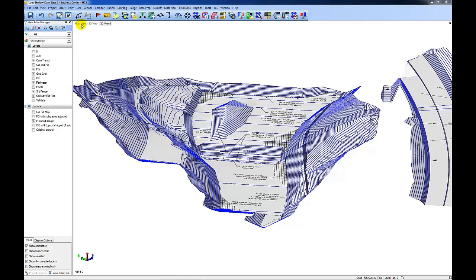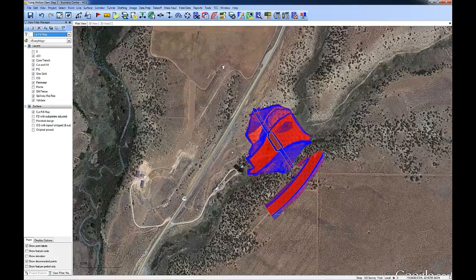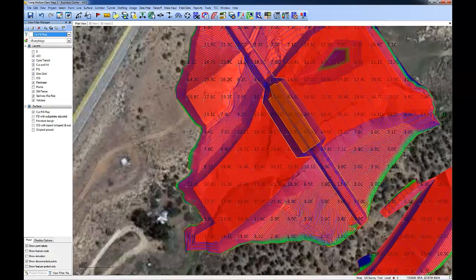I think you will like how Business Center works with cut and fill maps. This isn't just a mode within Business Center, but an object. So you can create multiple cut and fill maps. One of the project as proposed, maybe one of changes you have made to balance the job. If you progress topo the project with GPS, we can create another one. Also, this is a surface-based cut and fill map, so even if it's a linear job, you'll always get cut